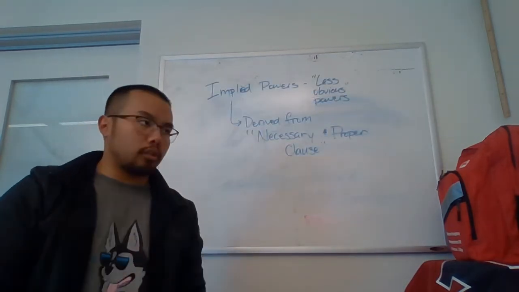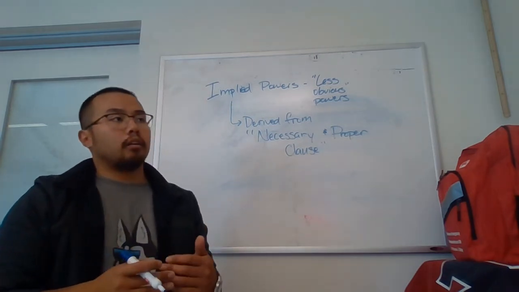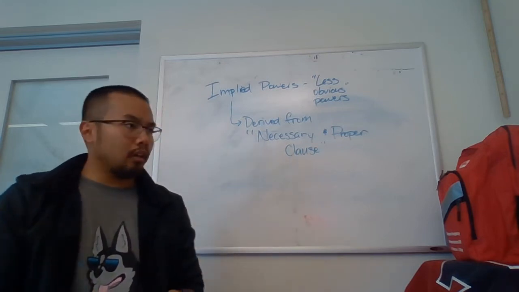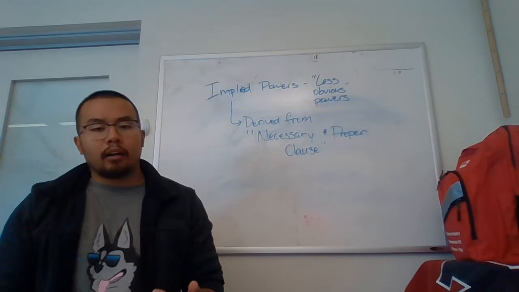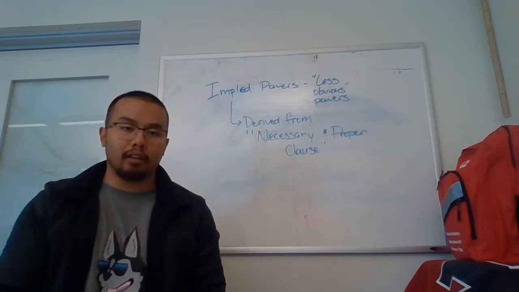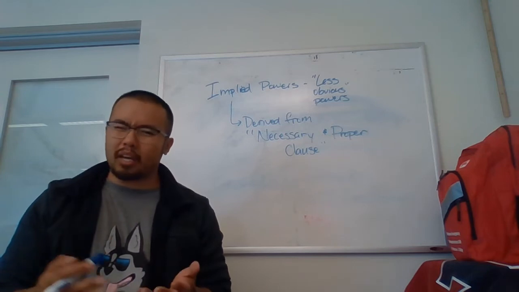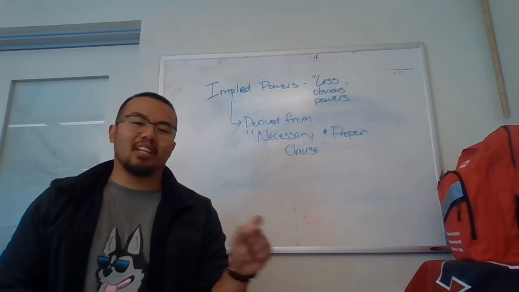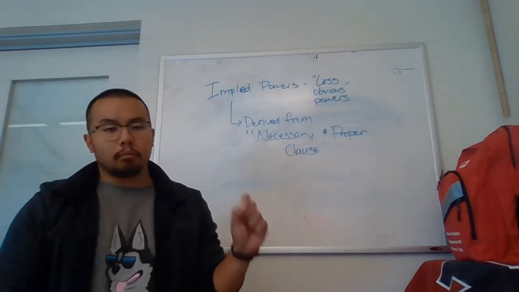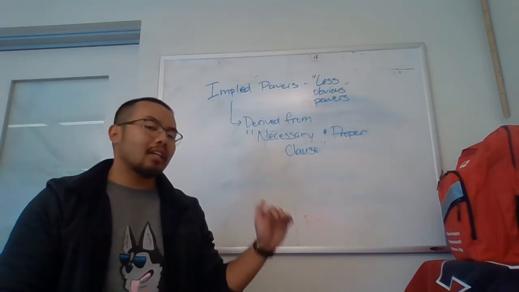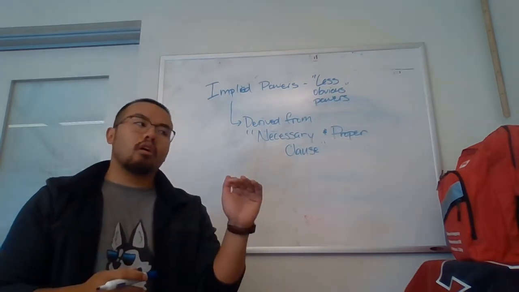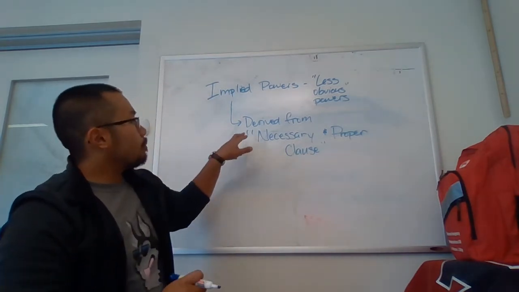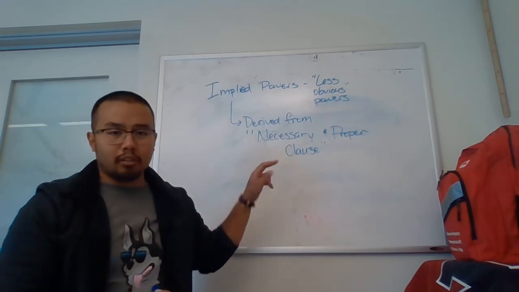Now, the more interesting part, in my opinion, with these terms specifically, is the next one called implied powers. Okay, think about things that are implied in everyday conversations, right? If I imply that you are not doing work, I might say something passive aggressive like, hey, have you looked at your grades yet? I'm not explicitly saying it, but I'm hinting at it, right? Implied powers are the exact same thing, where you can think of it as less obvious, right? Where you are kind of saying it, but you're not exactly saying it, okay? What you need to know most is that it's derived from what we call the necessary and proper clause.